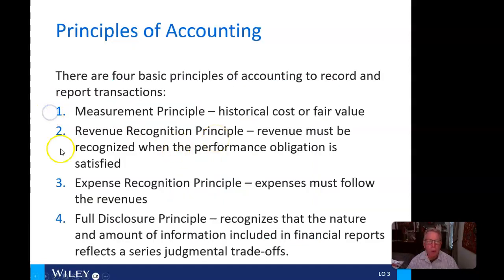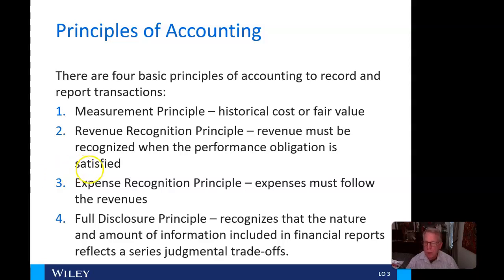The measurement principle here, and we measure that at historical cost. But sometimes you're going to find that we measure that at fair value, a new concept. The revenue recognition principle says that we must recognize revenue when the performance obligation is satisfied. Normally, that's when, if you're a manufacturing company, you ship the goods out the door and the customer takes possession